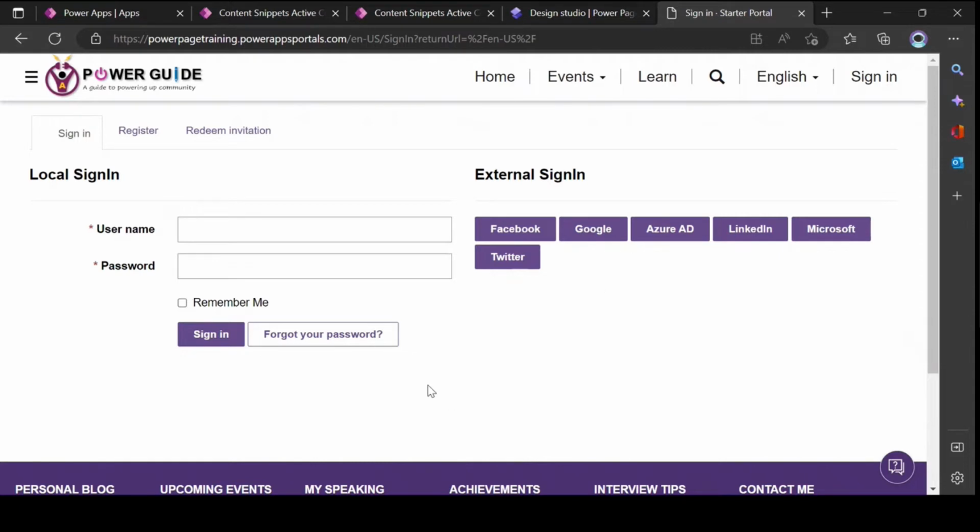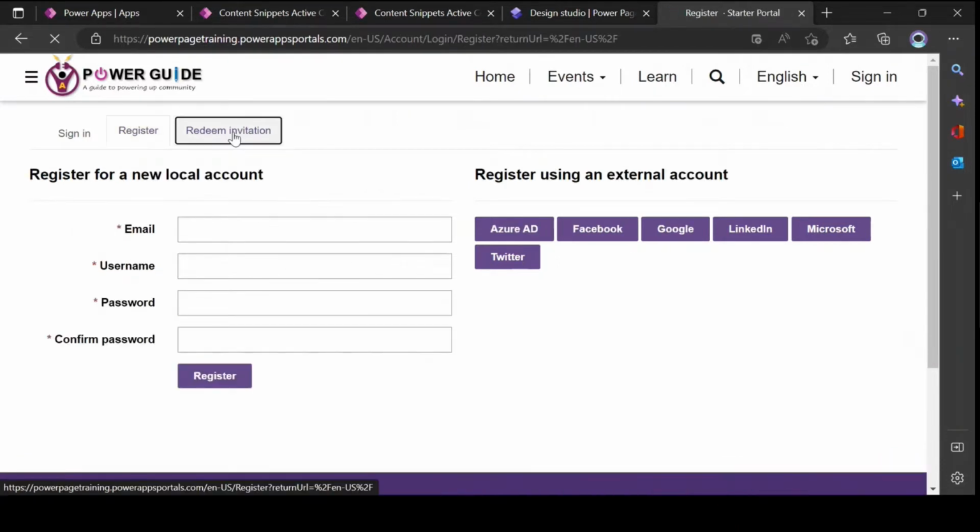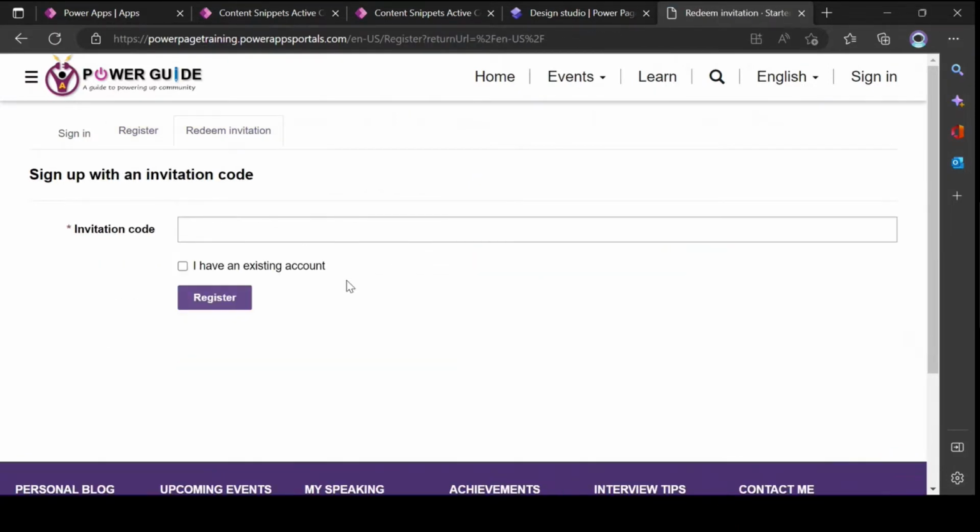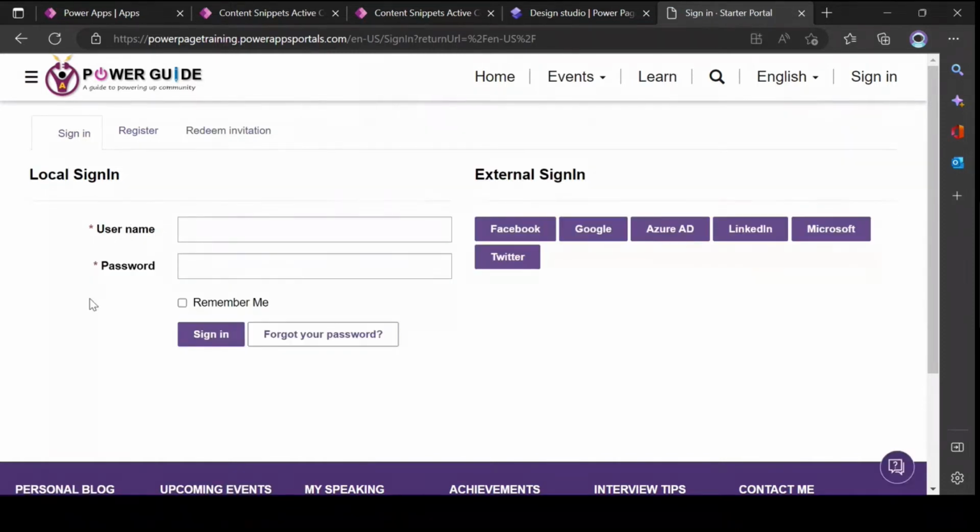Okay. All right. So what we want is to customize these three pages that come out of the box with the portal installation. The first is the sign in page. The second is the registration page. And the third is the redeem invitation page. All the pages look similar, but I want to customize them so that you can understand how